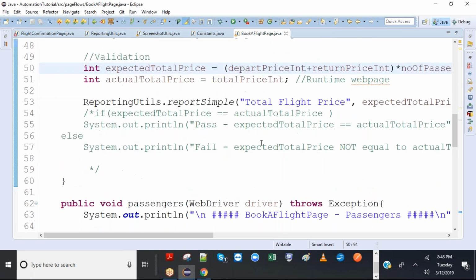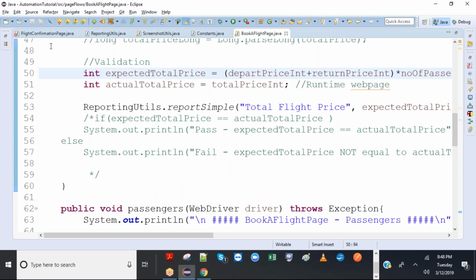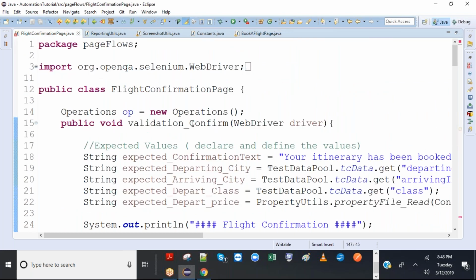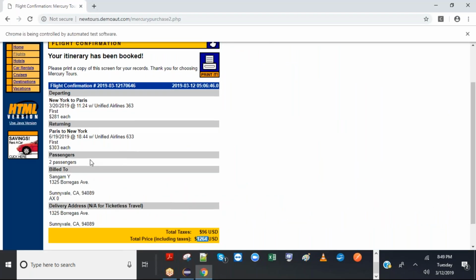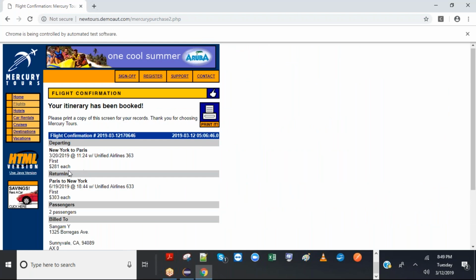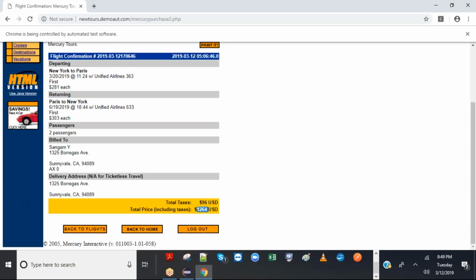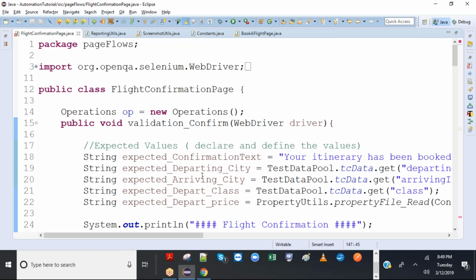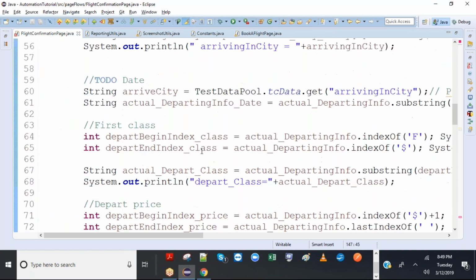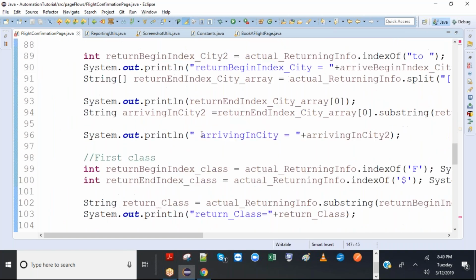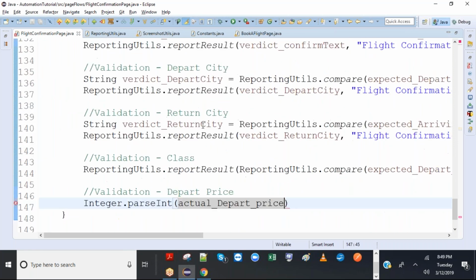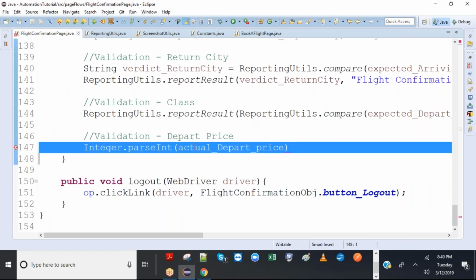So this is already done. Total price is calculated correctly. That is already done. So in this page, we are actually finally confirming, in the final confirmation, that all the values across all the pages are correctly displayed. So there is no need, I think, because otherwise it would be duplicate, redundant, right? So let's avoid this. Direct validation will be sufficient. I thought it would be needed, but no.